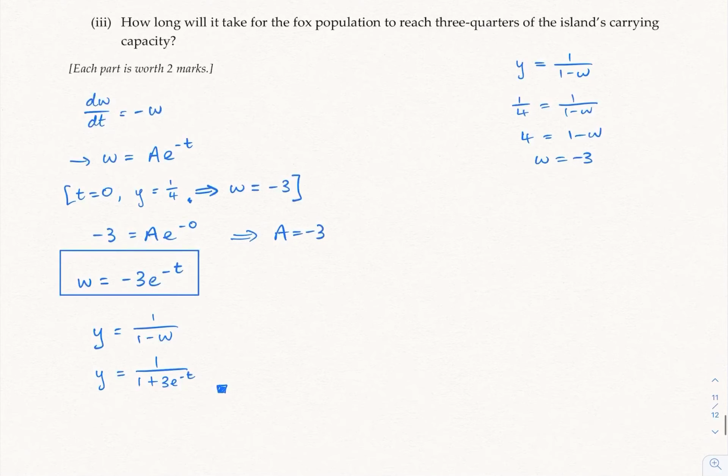And part 3, how long will it take for the fox population to reach 3/4 of the island's carrying capacity? Trivial question for 2 marks, so 3/4 is 1 on 1 plus 3 e to the negative t, and we just solve for t. So 1 plus, take reciprocals, subtract 1, divide by 3,